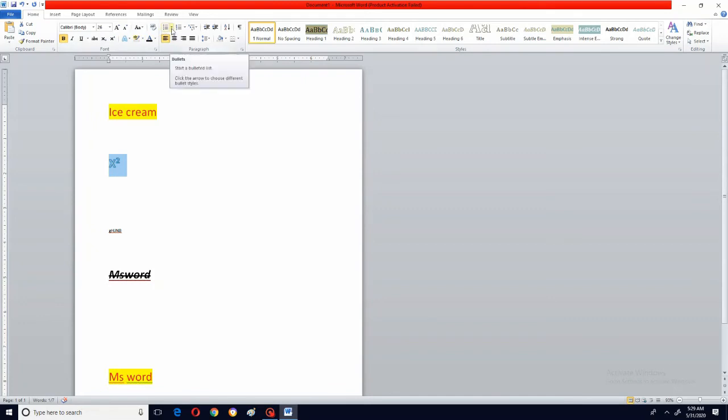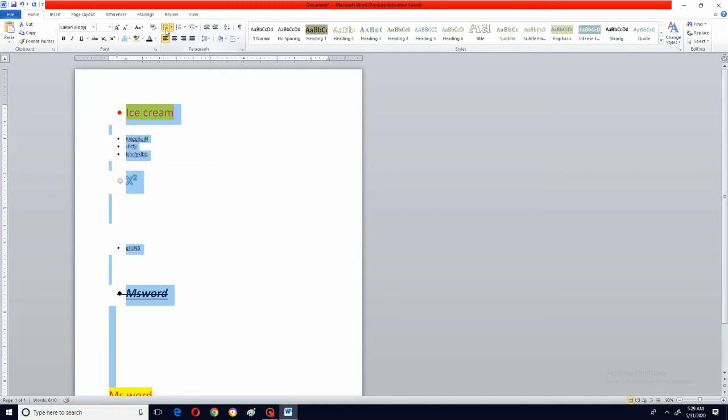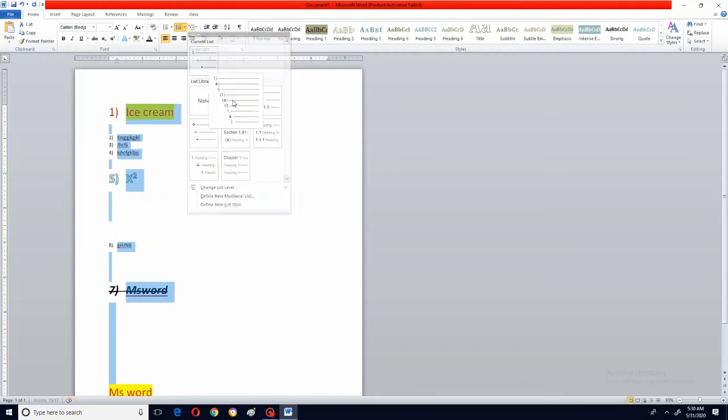Now coming to numbering or bullets, so these are called bullets. Suppose I have typed something like this, enter. Now I want all these to be bulleted. So see, if I select like this, okay, the bullet sign has come, right? Next, numbering. Next, see this, whichever thing you want you can take.